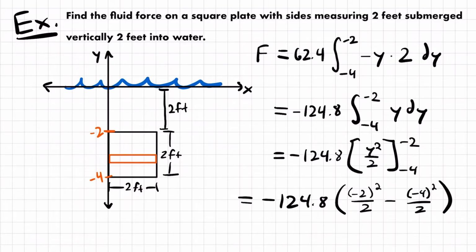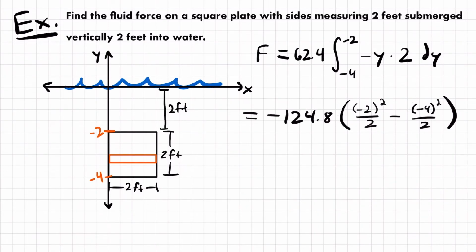And so now if I clean up my work here, we can simplify, and this is equal to -124.8 times -2 squared, which is 4, divided by 2, minus -4 squared, which is 16, divided by 2. And 4 divided by 2 is 2, and 16 divided by 2 is 8. And so we can rewrite this to be 2 minus 8. And 2 minus 8 is equal to -6. And so this is equal to